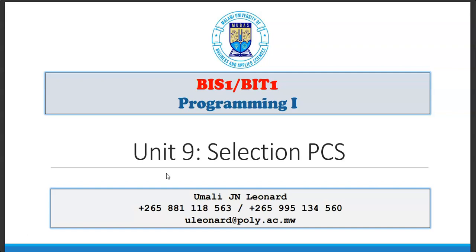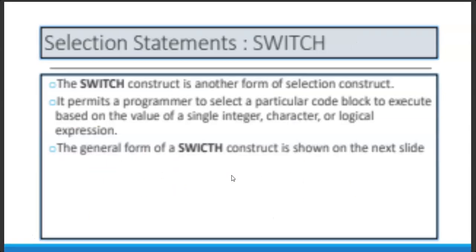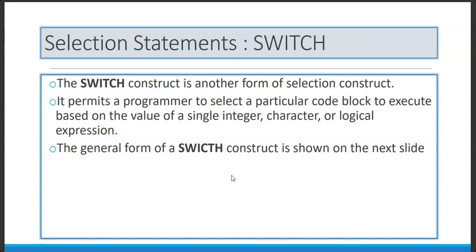In this particular unit, as we continue with the selection program control structures, we are going to look at the switch. A switch statement is another form of a selection program control structure. A switch is used if we have multiple options and we want to have one option. But a switch, in most cases or generally, is not used